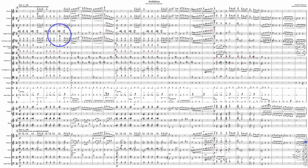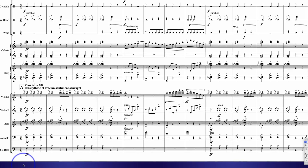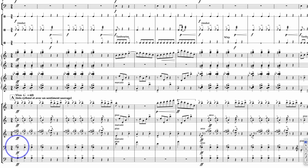So starting off with pitch weight being in the upper middle register of the piano score, it is not an issue here. You are filling out the scope. Now, one thing I do have a slight problem with here is this. It's really hard to see, so I'm going to enlarge the score here. Is the use of these harmonics here, and